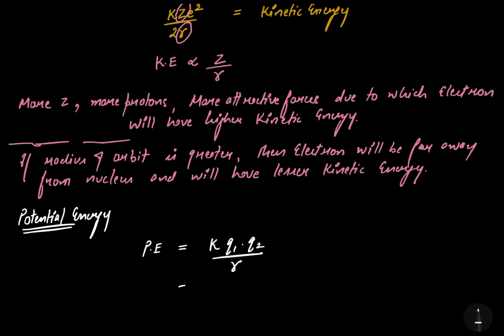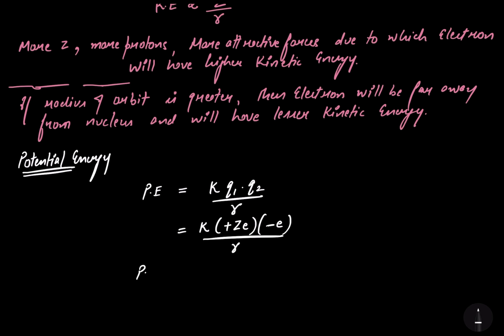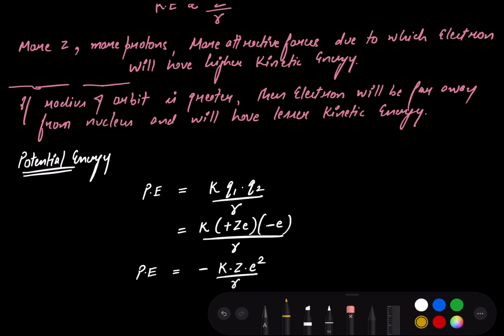Now I'm writing K. What's my Q1? It's plus Ze because the nucleus. What's Q2? It is electron, it's minus e divided by small r. So my potential energy comes out to be minus K Z e square divided by small r, and here again